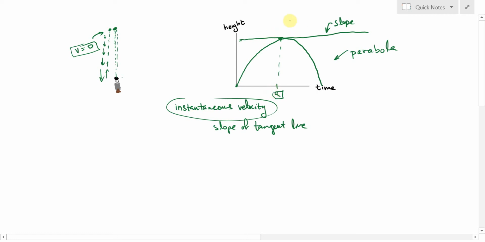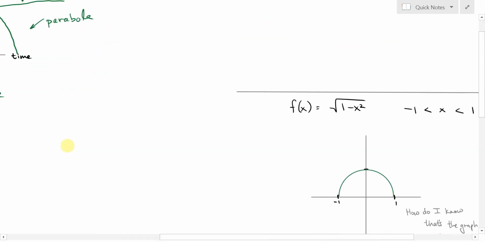And obviously the slope of this line is 0, and that meshes perfectly with the idea that the velocity should be 0. Alright, so the maximum corresponding to the fact that the slope should be 0 is something that we're going to explore in a major way later on. We're going to make great use of that idea. But the short answer is the velocity is 0 at the top. Now, the next question